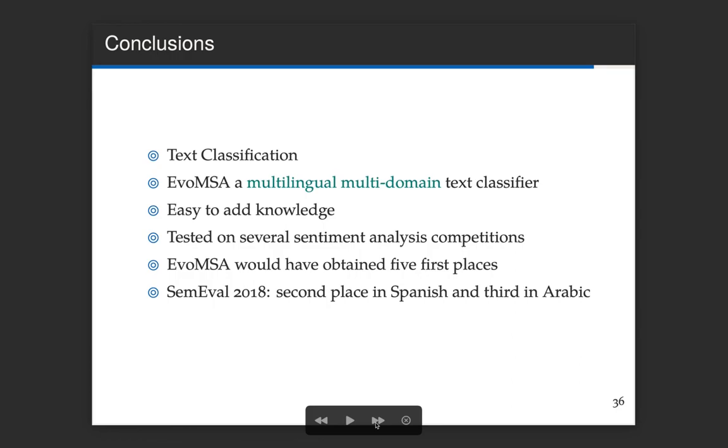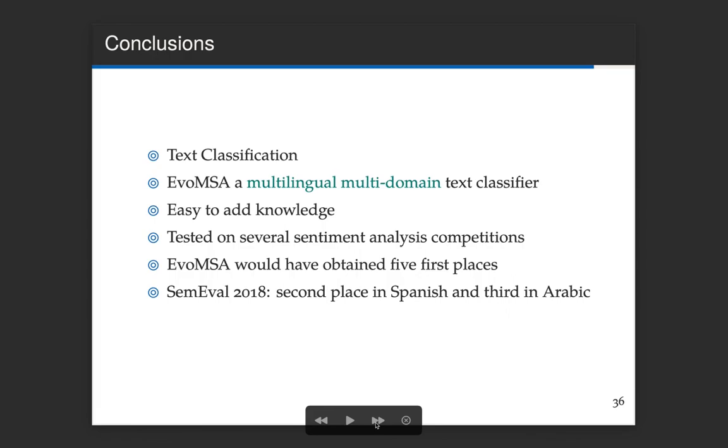Well, I talked to you about sentiment analysis, and about text classification, briefly. Most of the time I talked about opinion mining, and then a little bit about text representation and emojis. I described a little bit about one approach that we have been following for text classification.